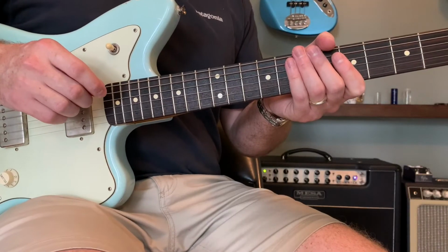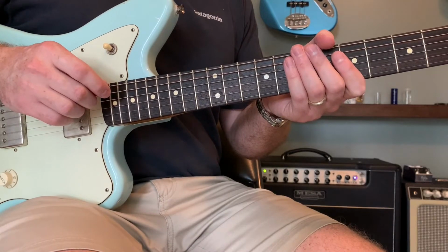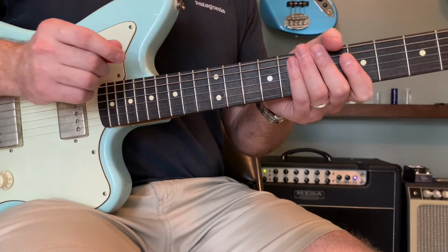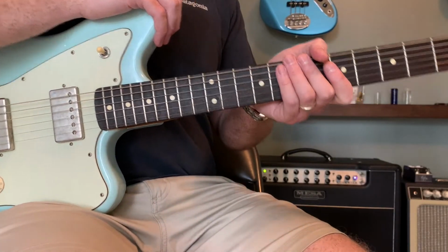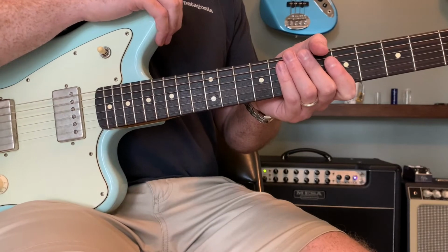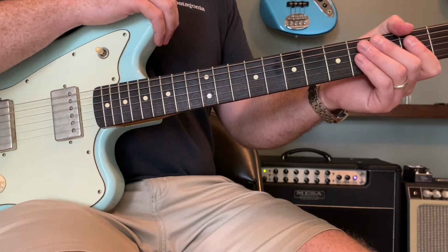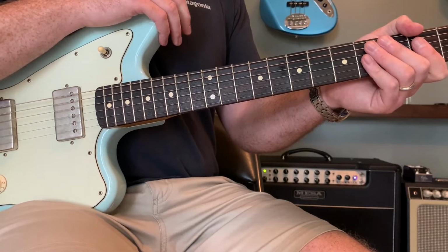Hey folks, so today we're going to be talking about how to play the song Title Track by the band Death Cab For Cutie from the album We Have the Facts and We're Voting Yes. We're really just going to go over the main riff today. That is the repeating riff you hear throughout the song, typically played by Ben Gibbard when the song is seen